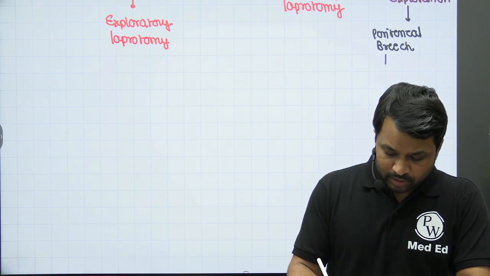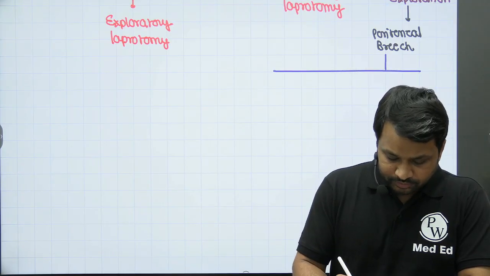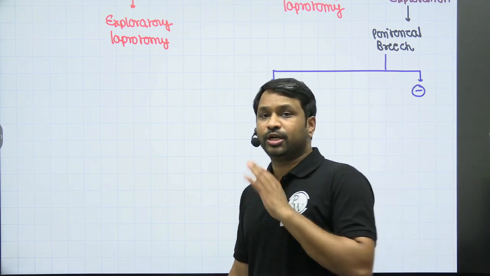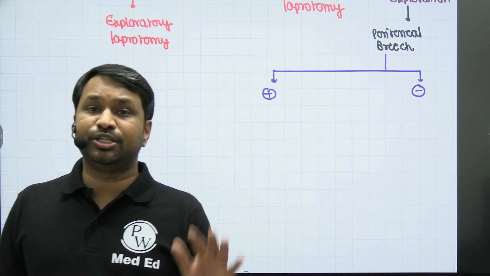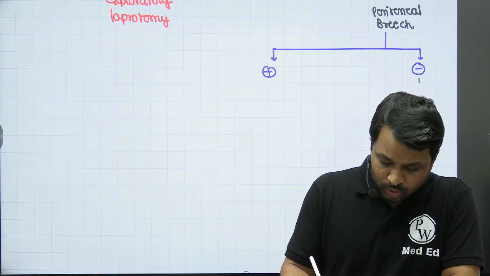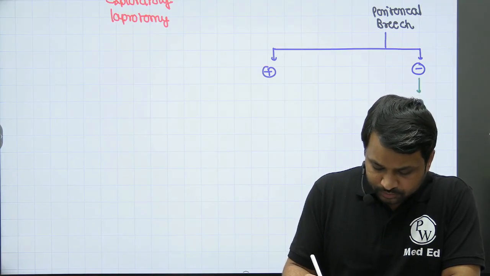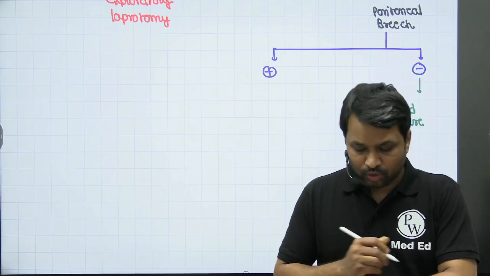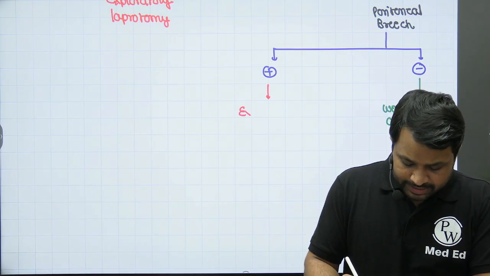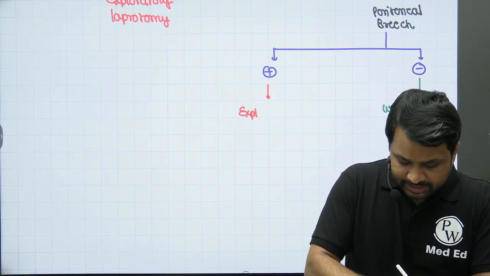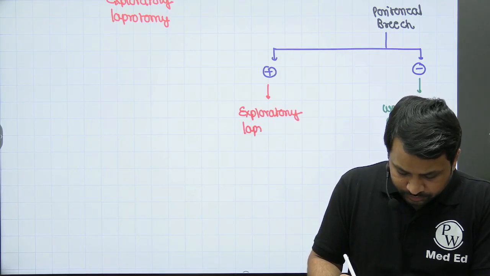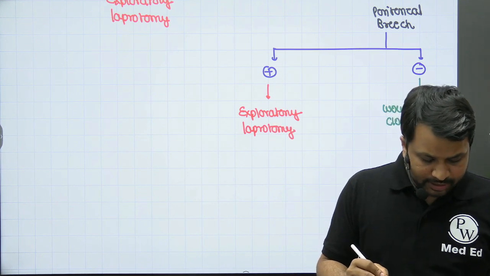So here in a peritoneal breach, I can have two contexts, where the peritoneal breach is present or it is absent. Hemodynamically stable patient, CCT abdomen has no evidence of any organ injury. On examination, there is no peritoneal breach. Such patients, you will go ahead with wound closure. On the other hand, if there is a peritoneal breach present, take the patient for exploratory laparotomy.